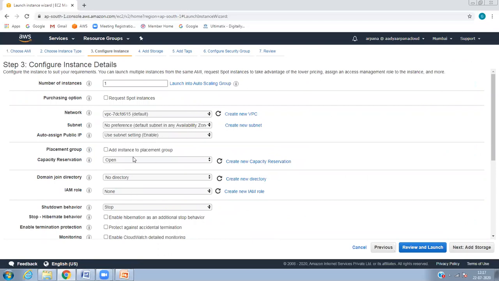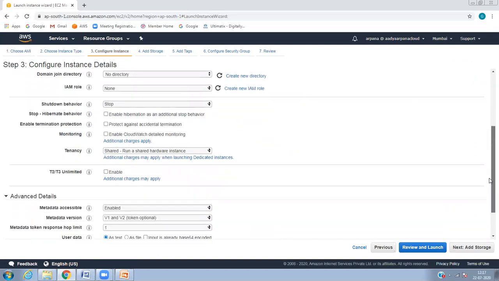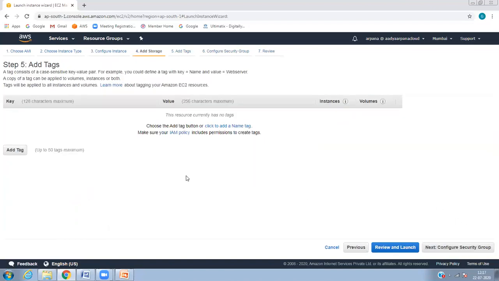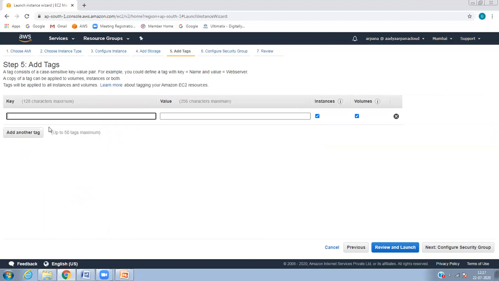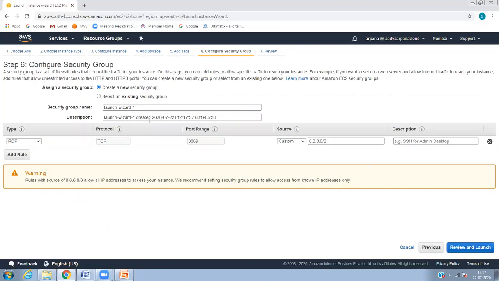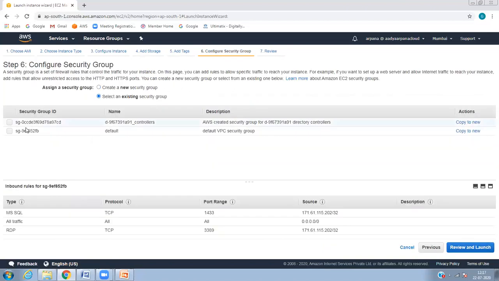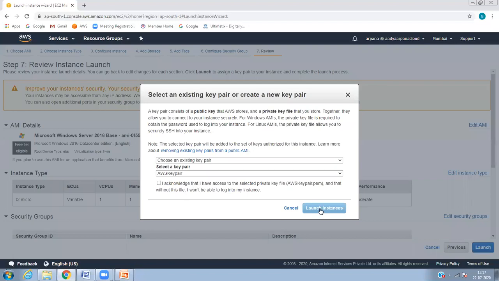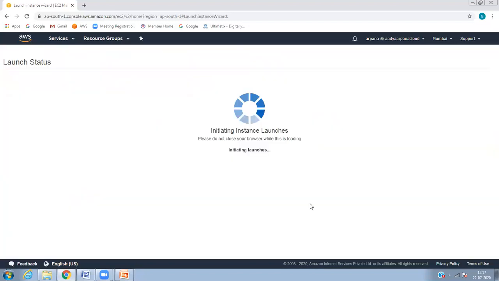So click none, and storage, click on next, user one, let's use this.